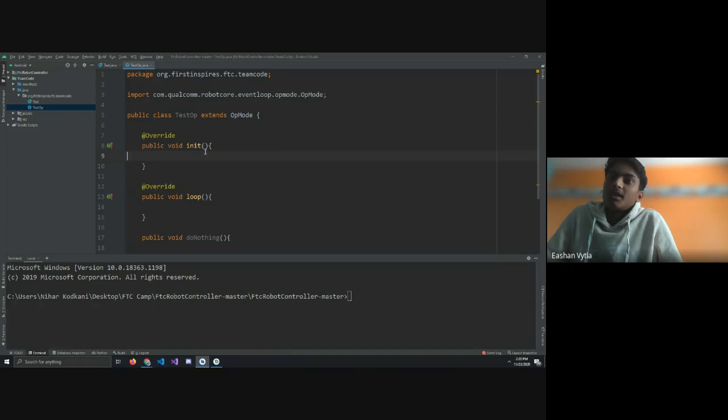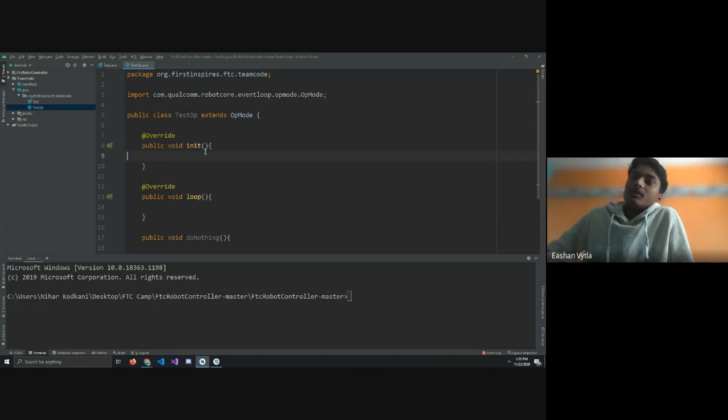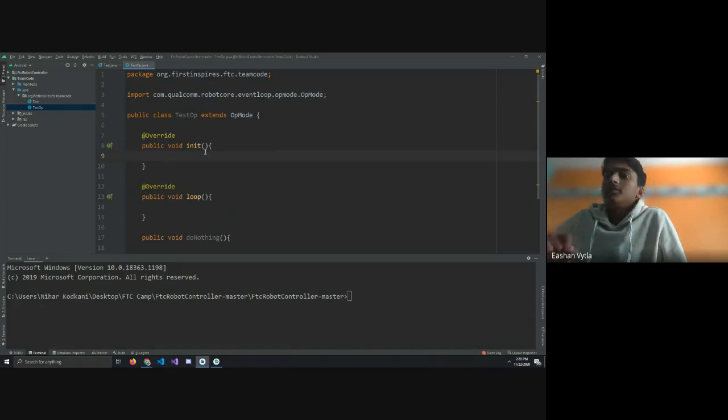So yeah, that's a good point. So the init, and also another thing that you would put in the init body is initialization of variables, so that you make sure that they're not null. Any hardware initializations, which we're going to go over soon, and also just initializing anything on your robot, which is anything like servos and